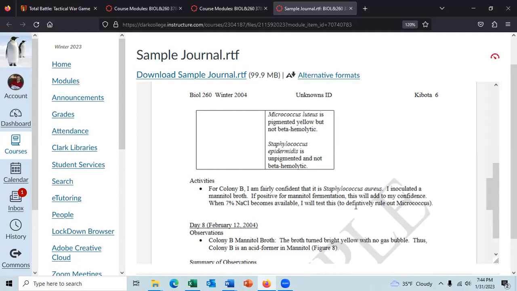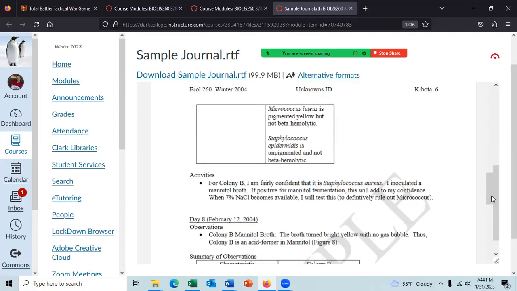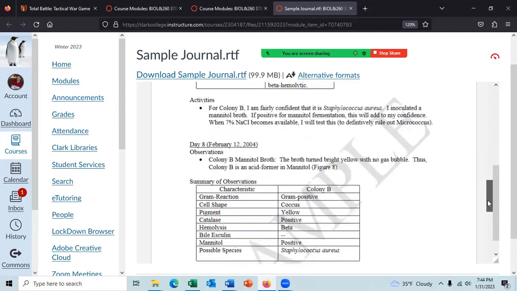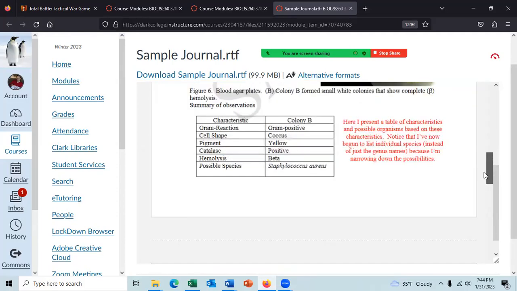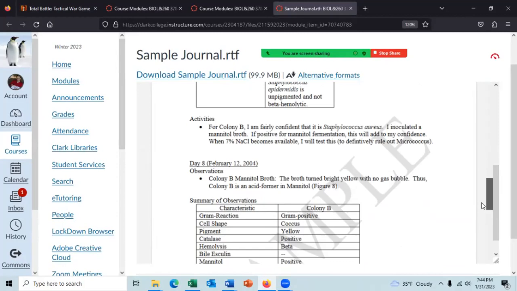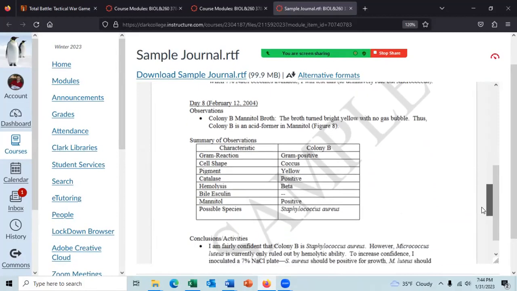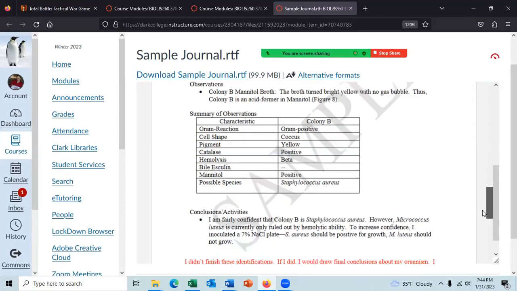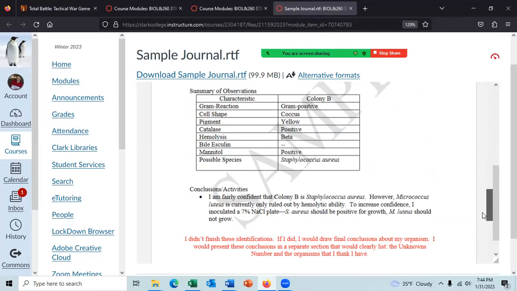Dang, 7% sodium chloride becomes available. Oh, he wasn't able to run that test because there were no 7% sodium chloride plates. That's why there's no observation for that test. And it looks like he may have identified it, so he may have never run that 7% sodium chloride test.